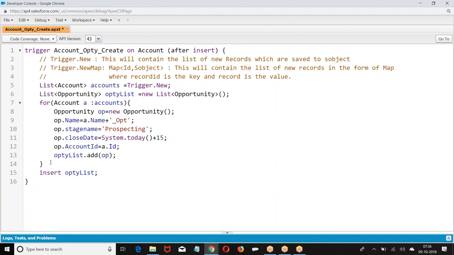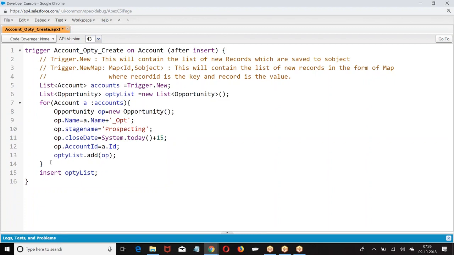Insert list. Why am I not writing a DML in the loop? There is a limit of 150 for DMLs. If I write it in the loop, suppose you are inserting 200 accounts, how many opportunities will be created? 200 opportunities. How many times are you calling DML? 200 times.